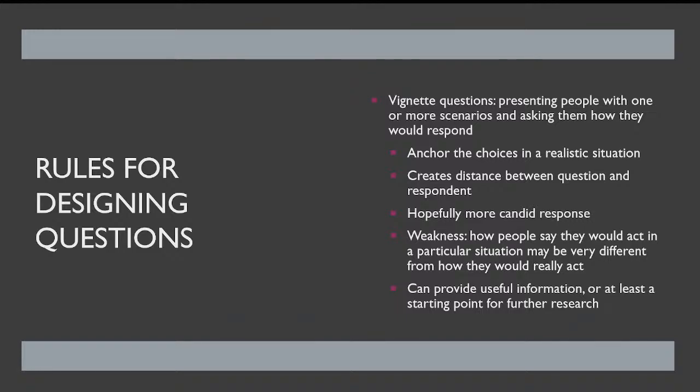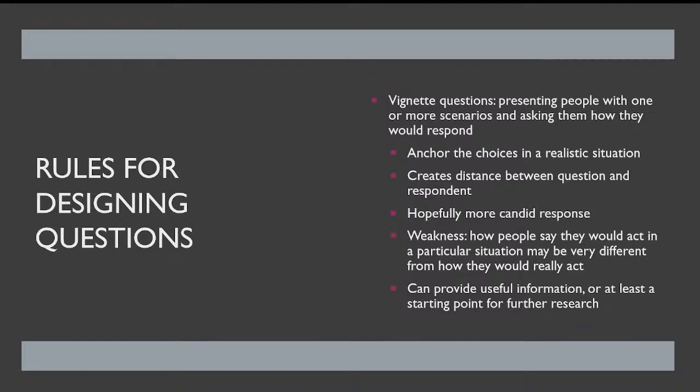You do see this again in public opinion polling sometimes, right? The idea that Sarah is thinking about who she should vote for in the next election. These are her characteristics. Who should she vote for? And someone might say Donald Trump, even though they'd be too ashamed to say that they themselves might vote for Donald Trump. So hopefully the answers are more candid, just because you create that distance between yourself and the response that you're giving. You're not talking about yourself, you're talking about Sarah or someone else. And so it creates that space and it can actually give more honest answers in a lot of cases.